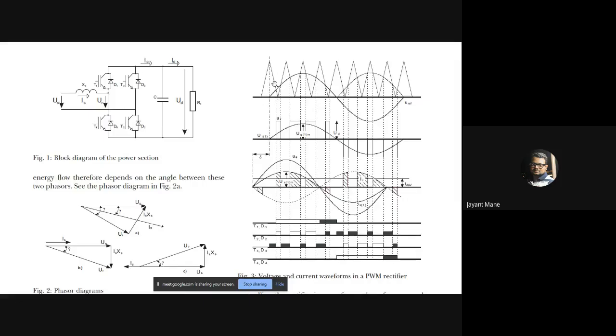Whenever carrier is greater than reference there is no output. Then here reference is greater than carrier, there is output, then again no output, then again output. Okay, in that way